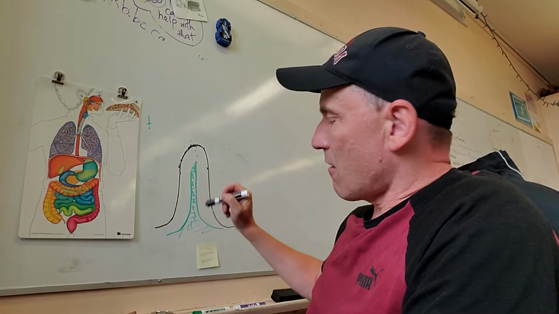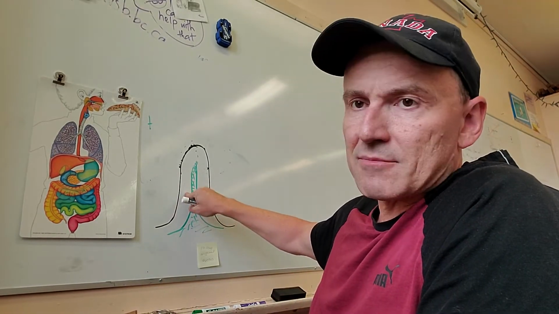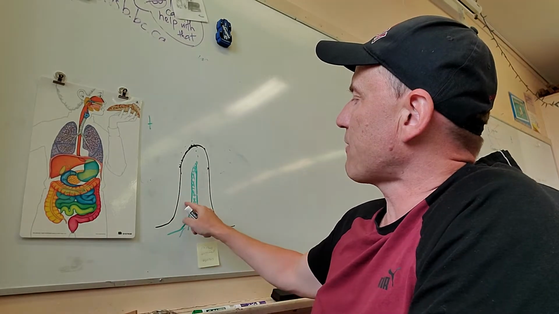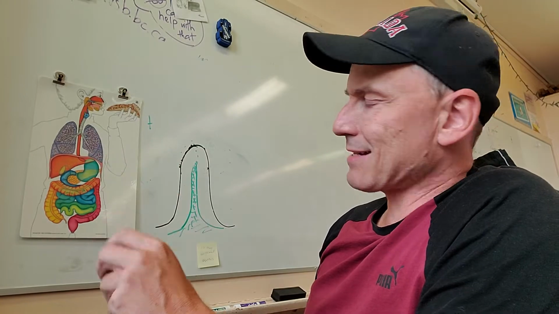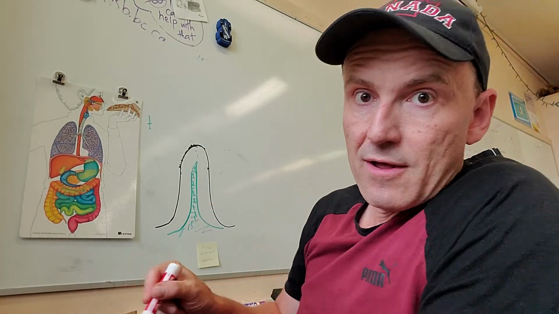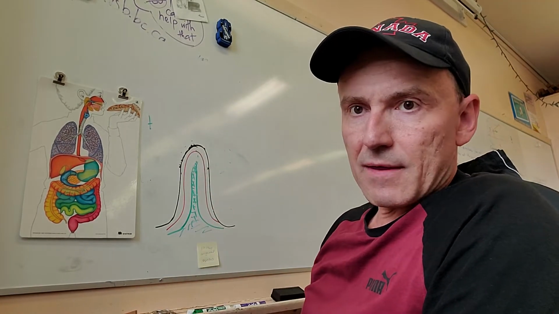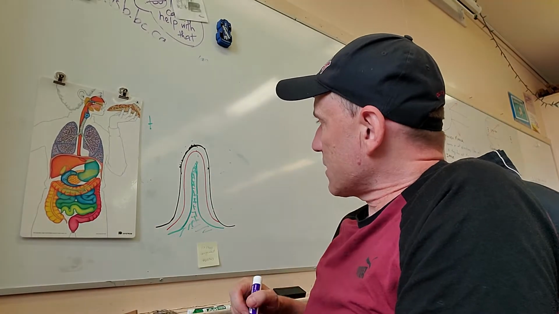So fats are absorbed, and what happens is there are enzymes in here that convert the fats into a more usable format. There's still lipids, there's still fats, so glycerol and fatty acids, and they are absorbed into the lymphatic system. There's also lots and lots of blood vessels here that are right at the surface, and there are lots and lots